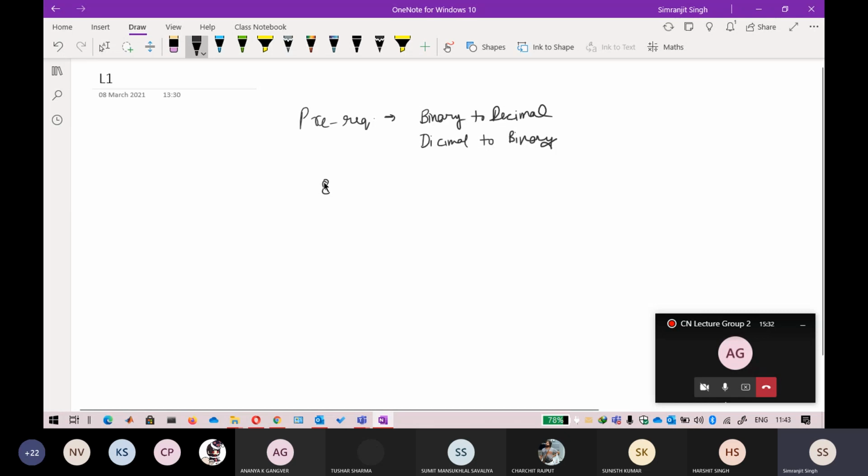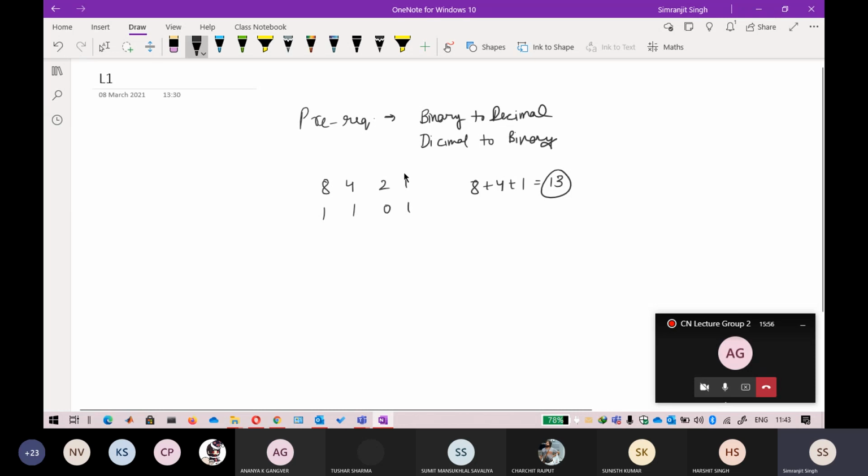This is a simple notation that is referred to as the 8421 method. If I ask what this number is, you can easily say wherever it is 1, take this number 8. Here it is 1, so take 4, plus 1. So in decimal it will be 13. That is the easy way to convert any number.